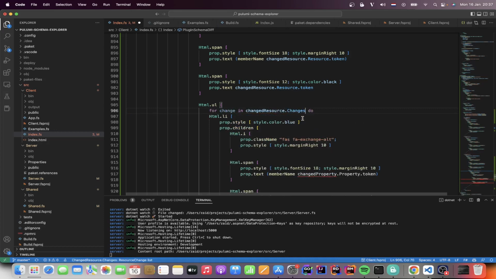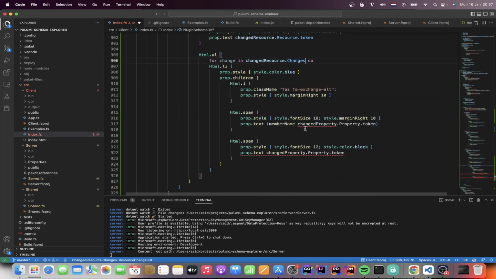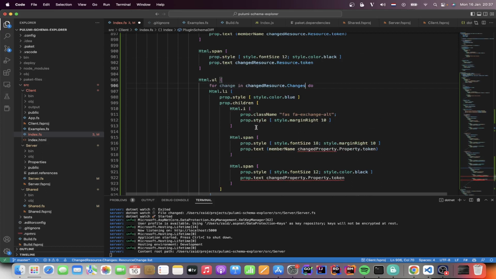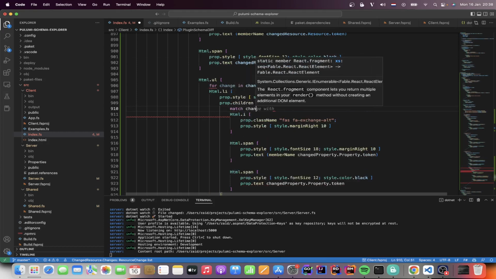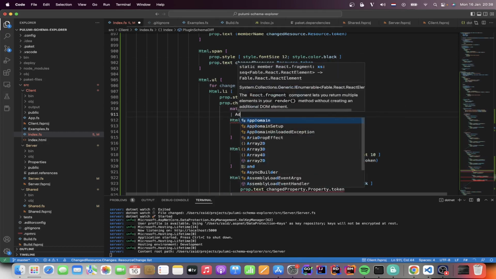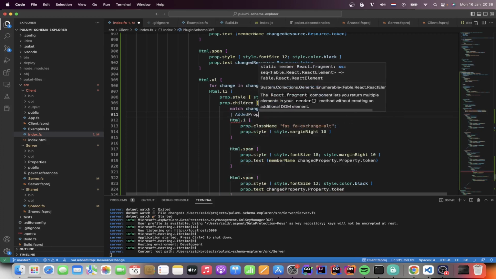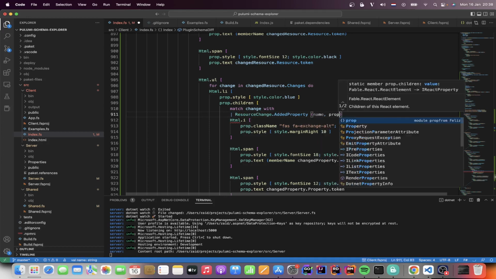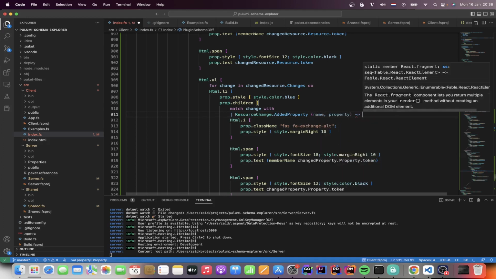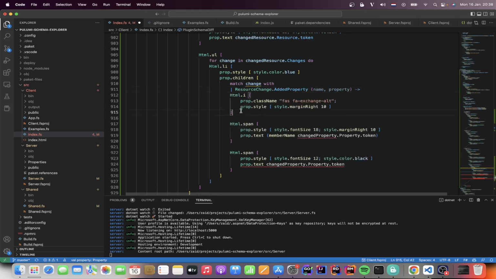For each change, match change with, is it an added property? Resource change. Added property, name and property. Then we do something which is